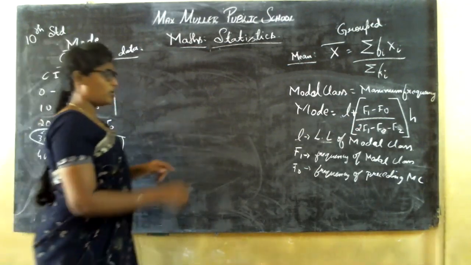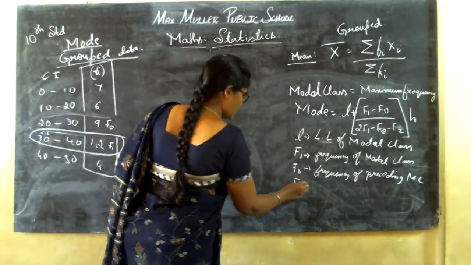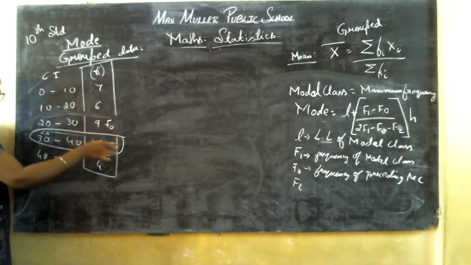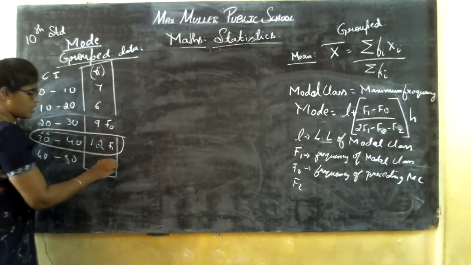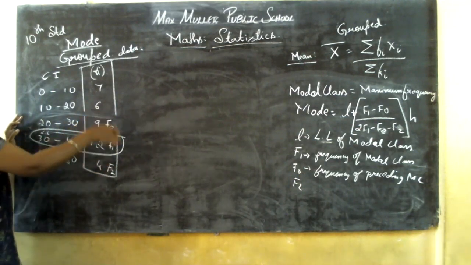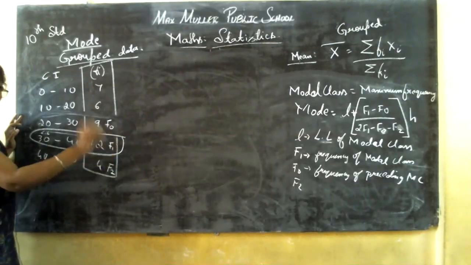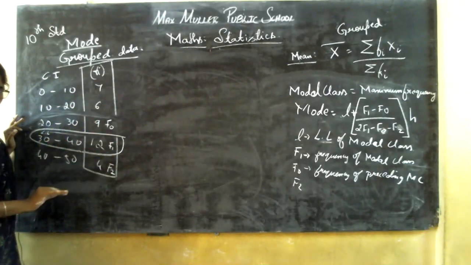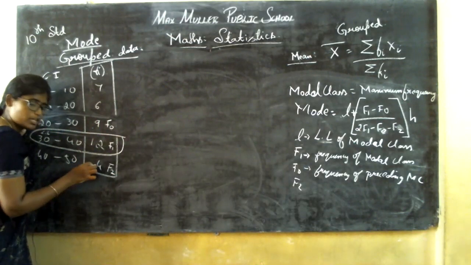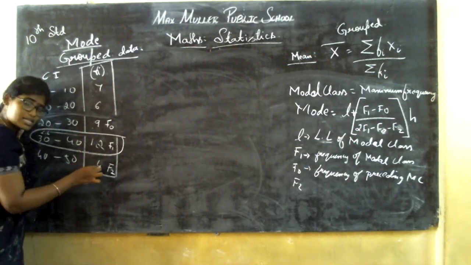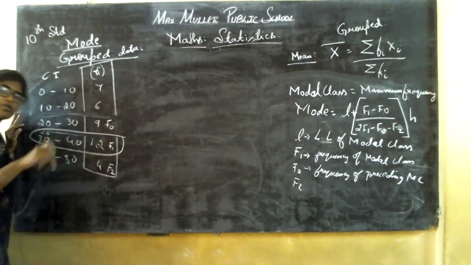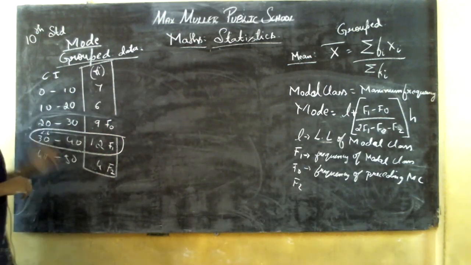Then what is that F2? After 1 only, 2 comes. Correct? Like small kids learn 1, 2, 3. Before 1, 0 was there, and after 1 only 2 comes. So this is the F2 value. Understood? So 0, 1, 2. If you find 1, above it is 0, below it is 2. That's all. So here I told you, if this was 14 and you had chosen this as the model class, you do not have the succeeding number. If there is no number below, you are going to take it as 0 itself. Clear?